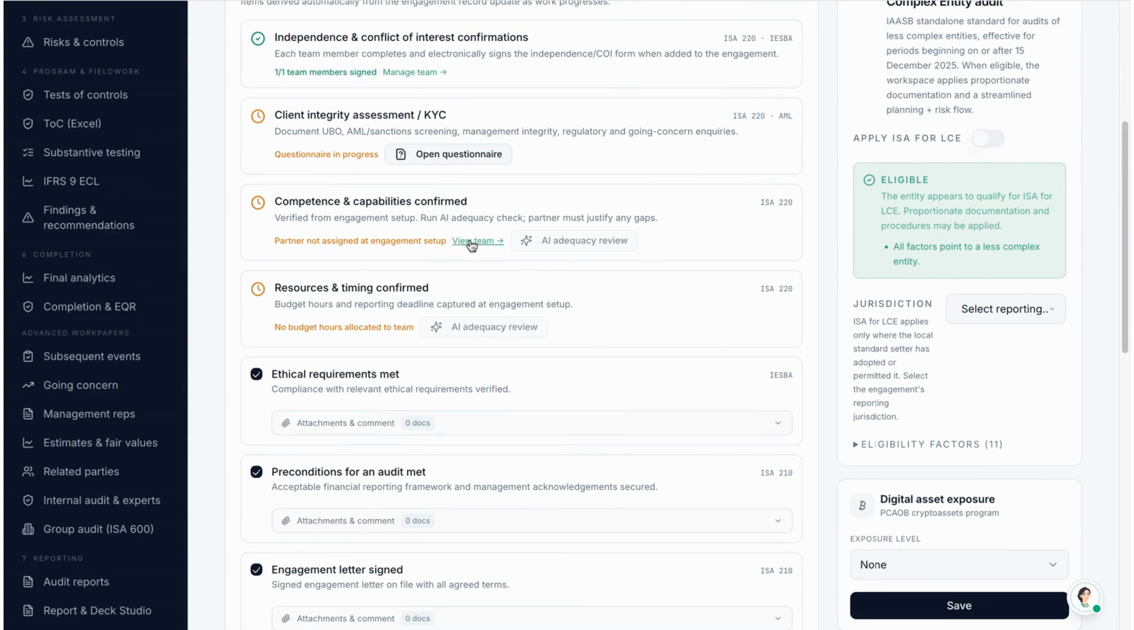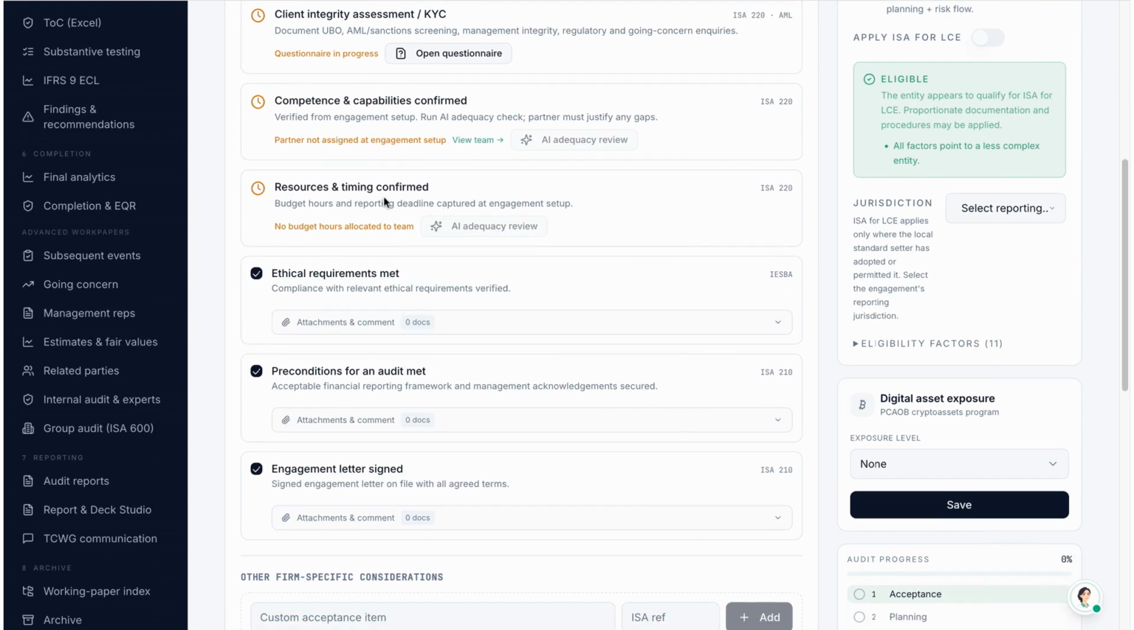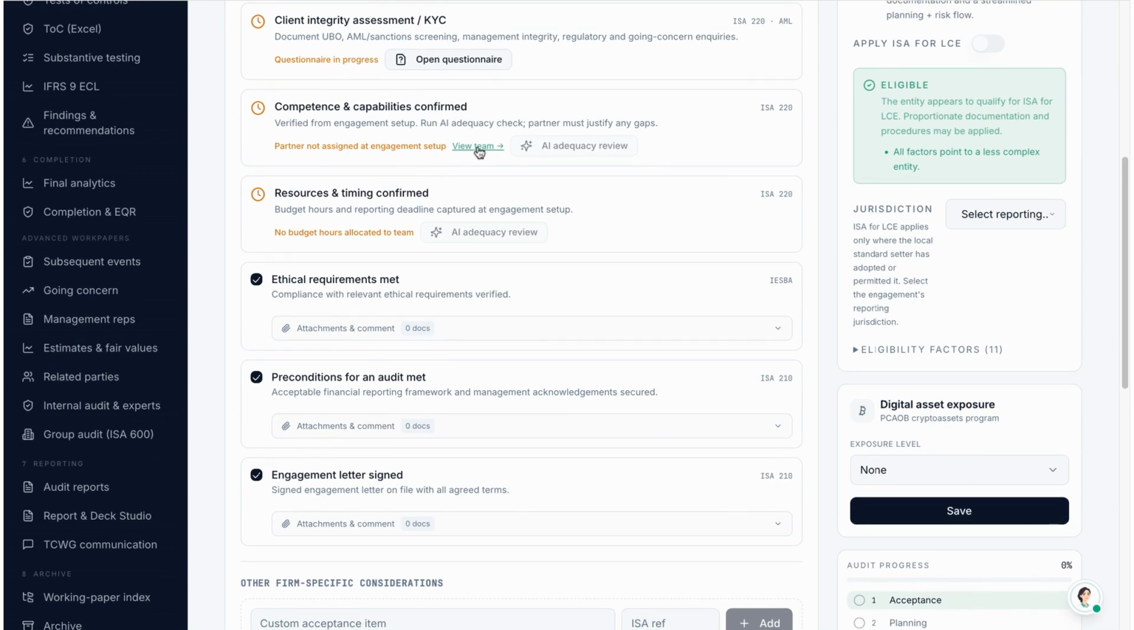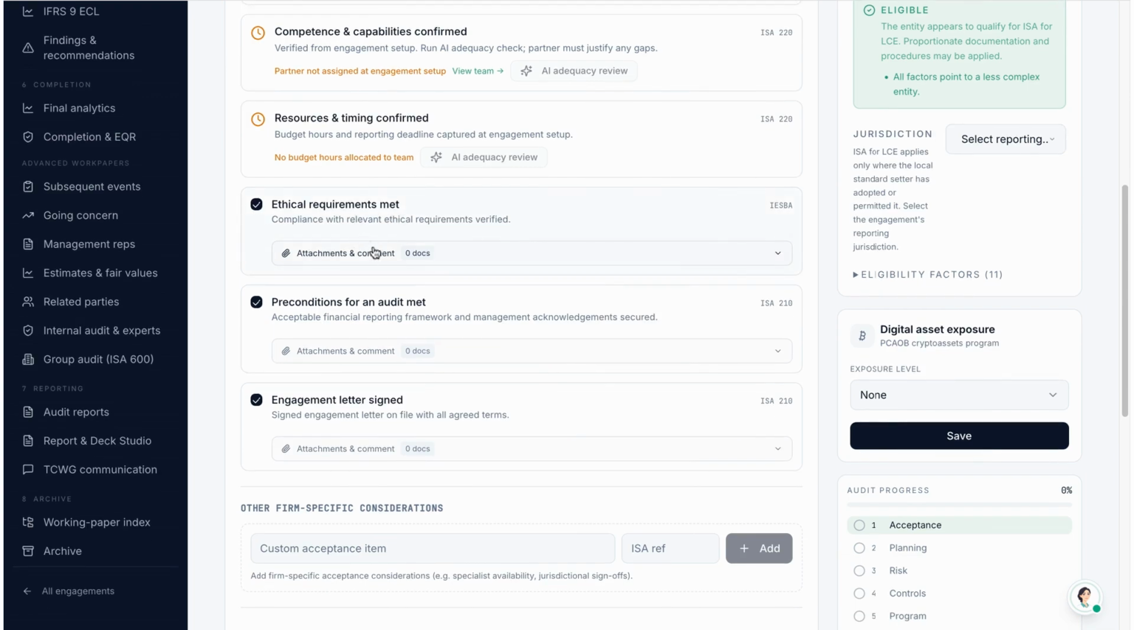And then client integrity assessment. This is where I do my KYC, know your client, integrity assessment. I'll fill all these forms and then I will submit. Once I fill and submit, it will check this one as completed. Competency and capability confirmation: I can go through the team. In the team, AI confirms the competency of the team members. And so if my team members qualify, they pass for this competency, this one will show completed and